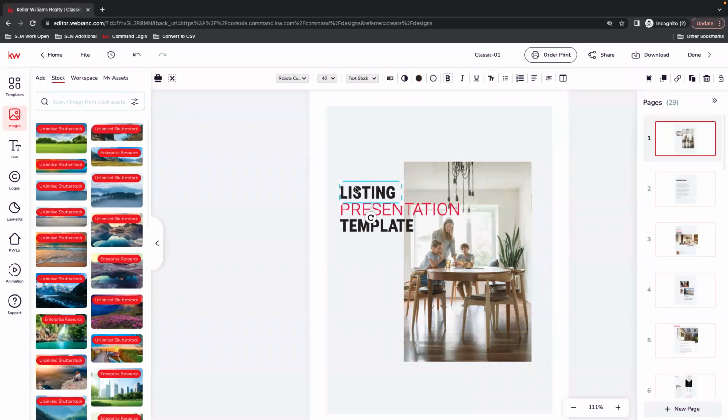So I'm going to leave listing presentation template. If I were creating this because I had a listing already, I may delete this text box right here. But for me, this tells me it's my template. You can also